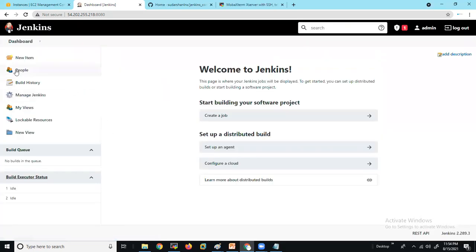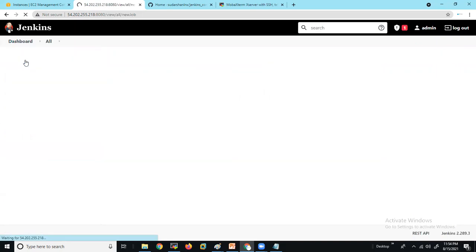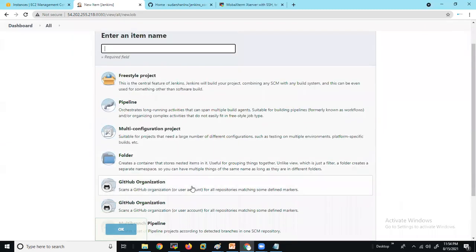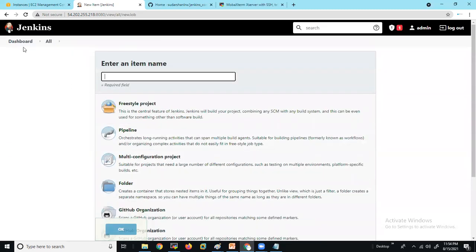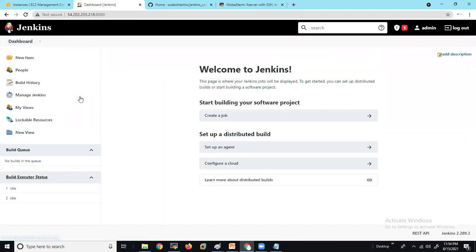Here we can create a job using the new tab. I'll explain all these options in our DevOps session. For now we'll see only how to add the slave node. So go back here, and to add the slave node, select Manage Jenkins.